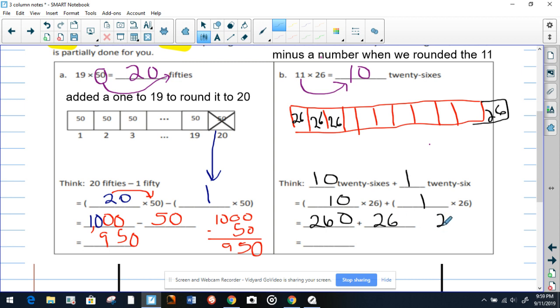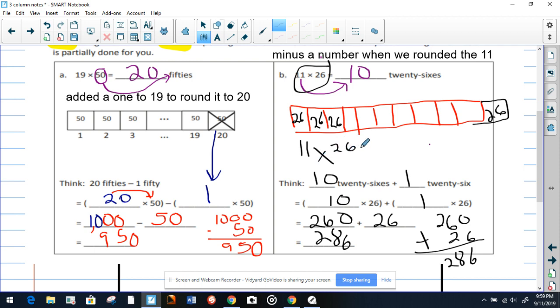Okay, so now you can add 260 plus 26. That's going to give us a total of 6 plus 0 equals 6, and 2 plus 6 equals 8, and 0 plus 2 equals 2. So the total will be 286. Now, let me just remind you that this is the original equation. So the answer will be 11 times 26. That will equal,